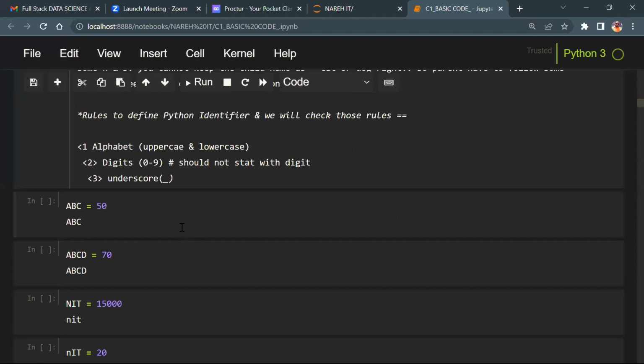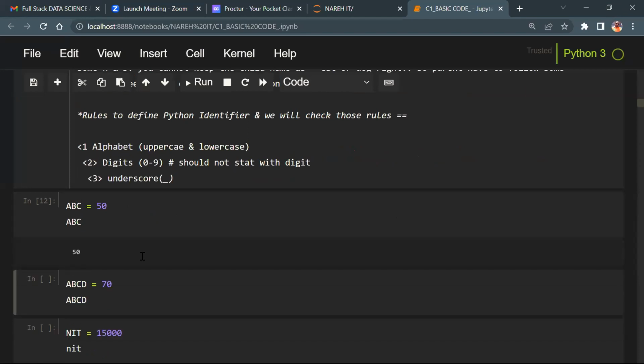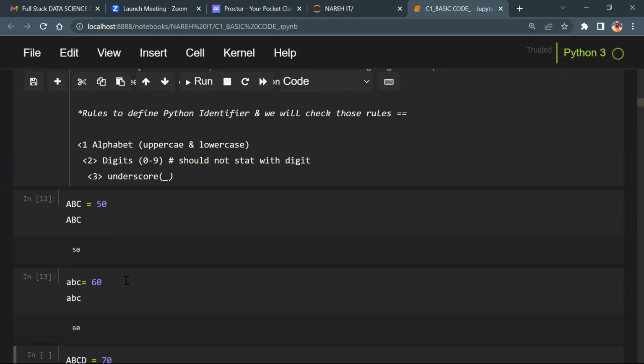This is uppercase, guys. When I execute this, can we get output or not? And then lowercase abc equals 60. Can we get output or not? Output. So the first rule is you can assign an identifier either uppercase or lowercase.